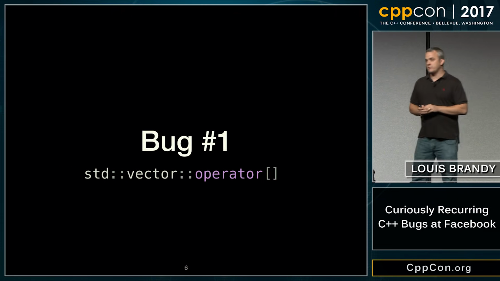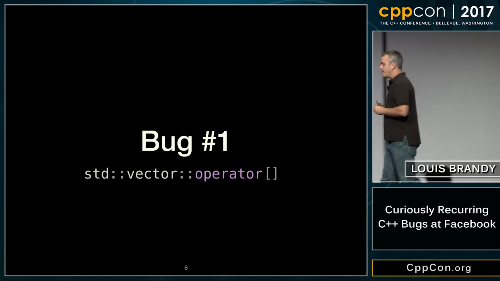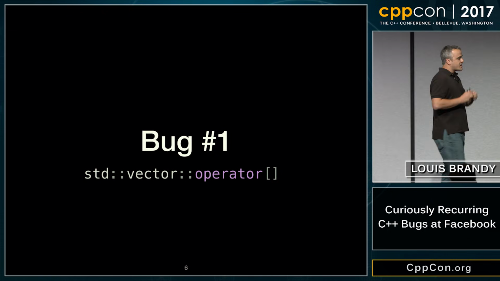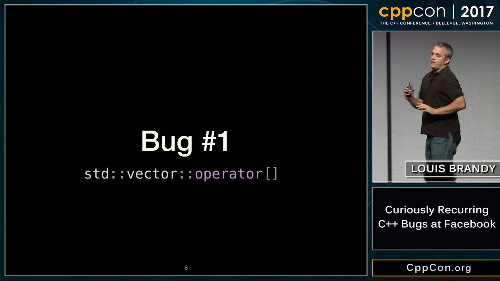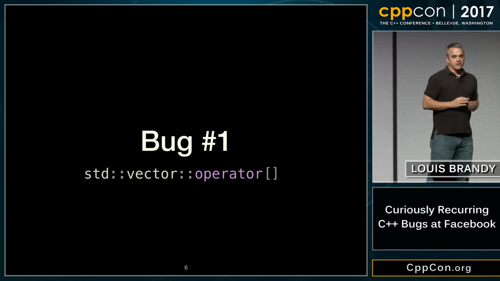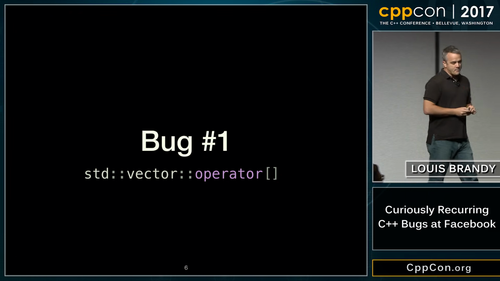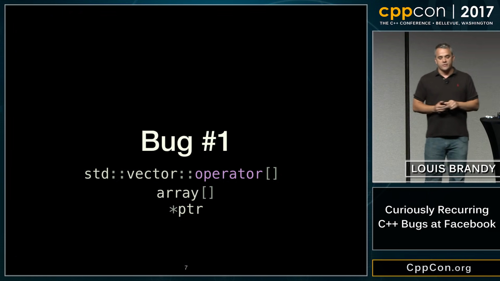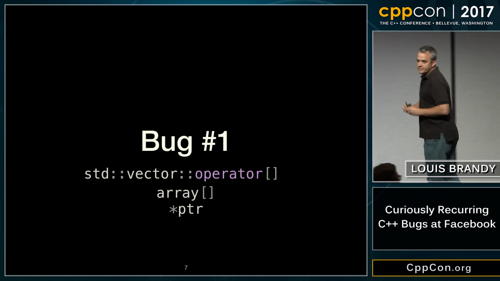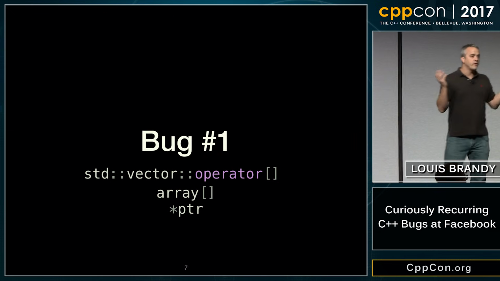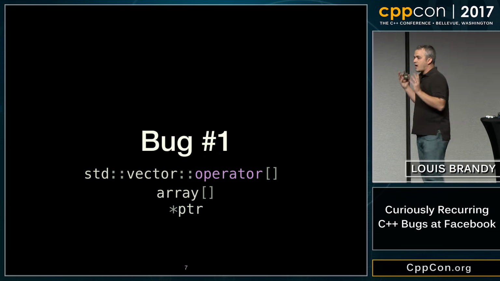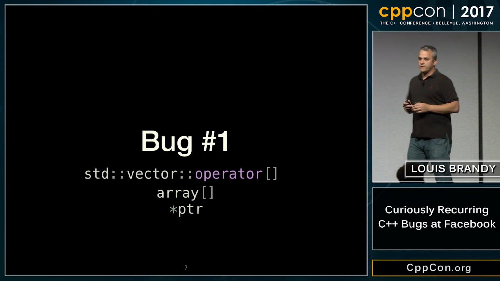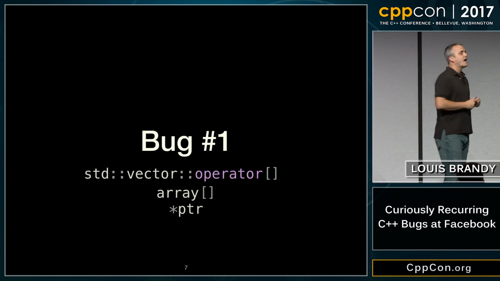All right, so enough gibberish, enough philosophy. It would be intellectually dishonest to not mention the single biggest cause of bugs at Facebook, okay? It is like the square bracket operator of a vector, okay? And I put a bunch of stuff in this bucket because, frankly, C index operator is the same thing, and frankly, pointer dereferencing is roughly the same thing. This is the single biggest cause of problems in probably every code base, right? It's the most important bug most of us have.